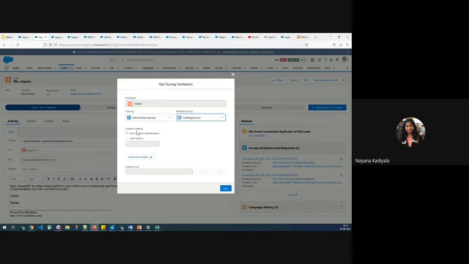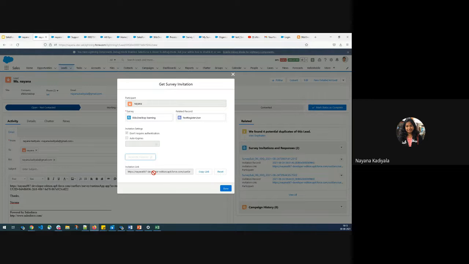And under invitation settings, there are two options I can go with. Either I can go with don't require authentication, which means I don't want users to be authenticated while filling up the survey. And if I need to set an expiry date, for example, if I want the survey to be filled within 1 week or 2 weeks, I need to set an expiry date. For this demo, we don't need any expiry. I'll just click on the Generate Invitation button.